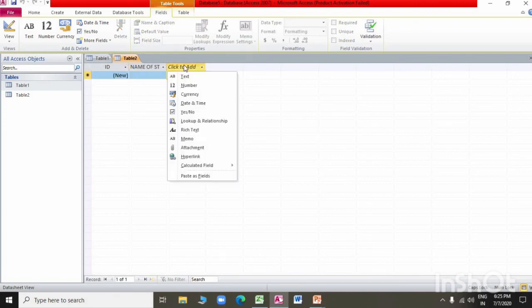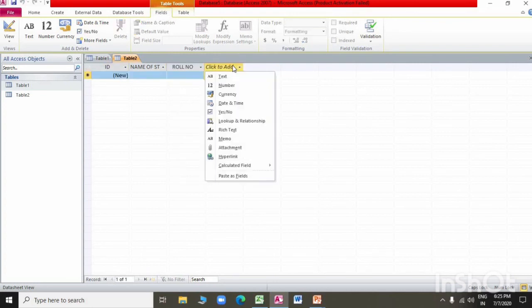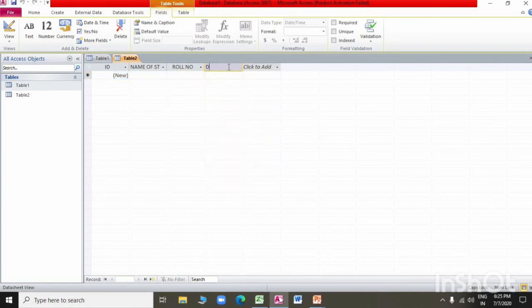Okay, next numbering, roll number. Next, suppose date and time, date of birth. We want to give date of birth. Like this we can make a table in datasheet view.